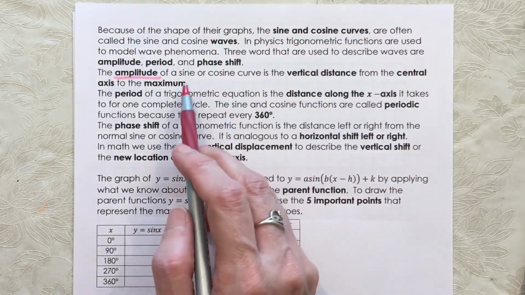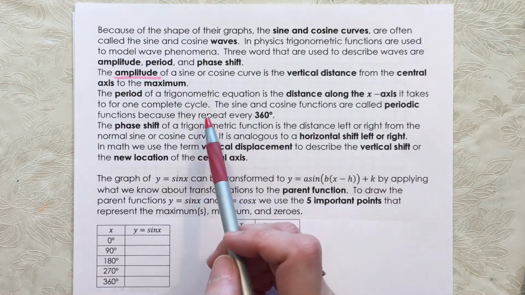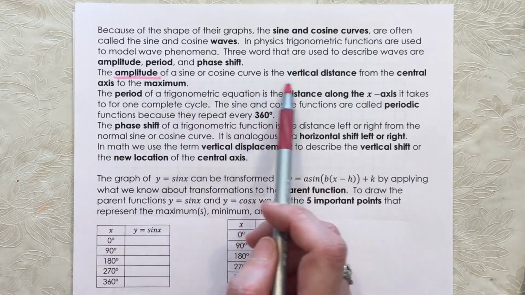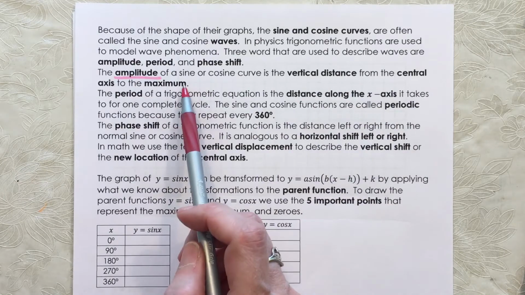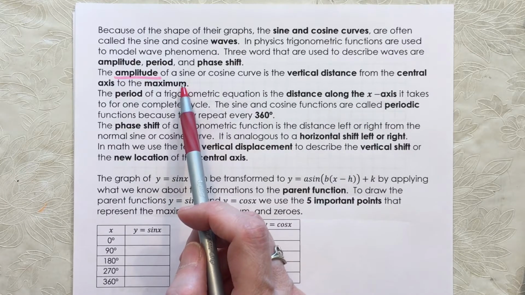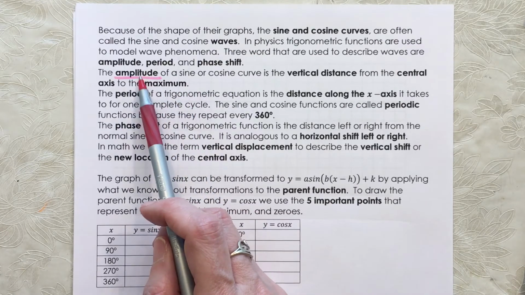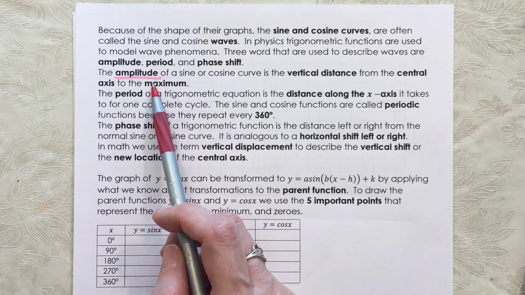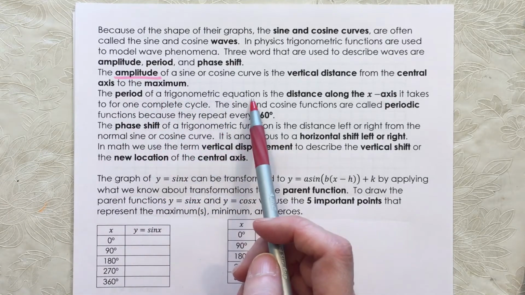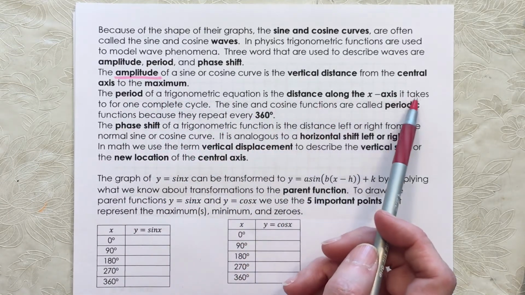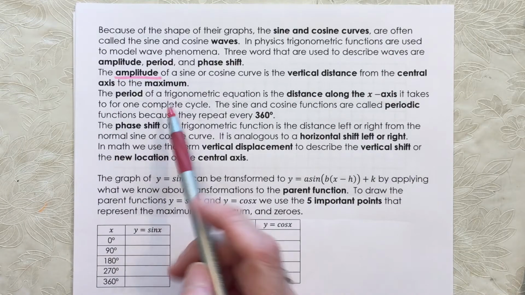So the amplitude of a sine or cosine curve is the vertical distance from the central axis to the maximum. So if there's no vertical stretch or compression, if it's just the parent sine or cosine curve, the amplitude is 1. Okay. The period of a trig equation is the distance along the x-axis that it takes for one complete